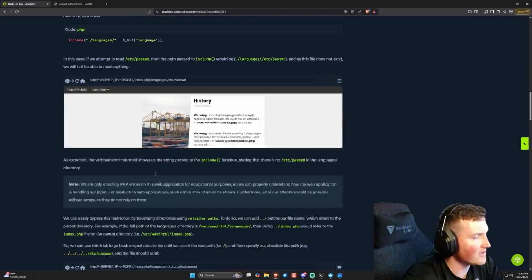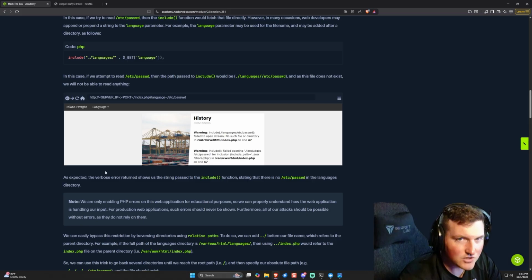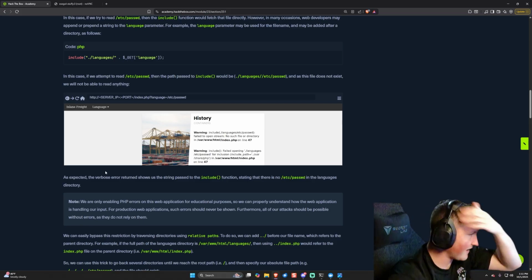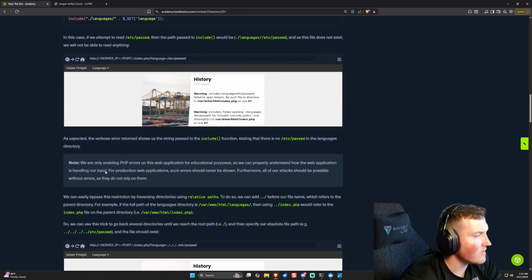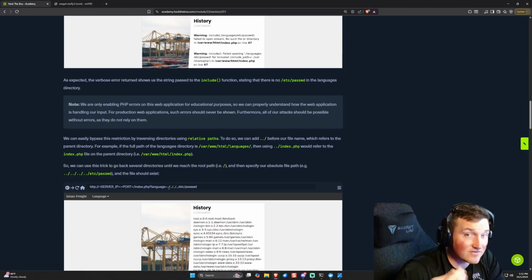Okay, and then when they do it, look at this. You get "failed opening languages/etc/passwd for inclusion." Well, as expected, we get an error, right? Now, normally the website shouldn't be showing this much error information, but what can we do? Instead of giving the absolute path, we can do a relative path, meaning we can do ../